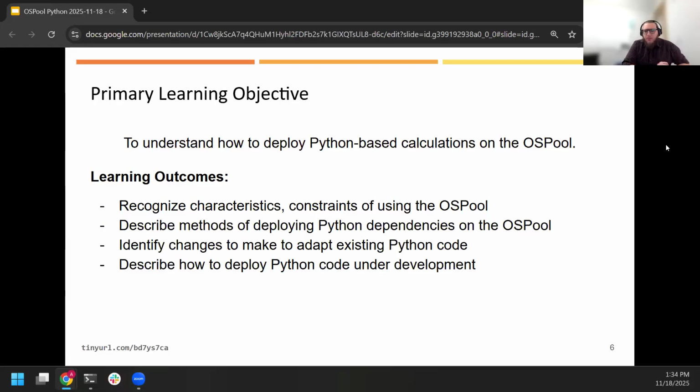One of the early stumbling blocks for folks who want to get started on the OSPool is deploying their software. And so we're going to talk about the methods of deploying Python dependencies on the OSPool to help you get started. And then identifying changes that you want to make to your existing Python code in order for it to